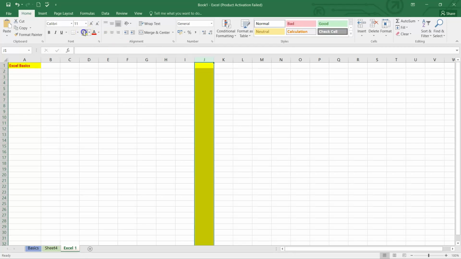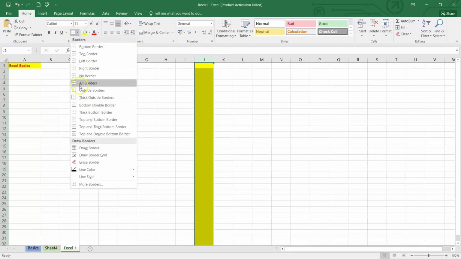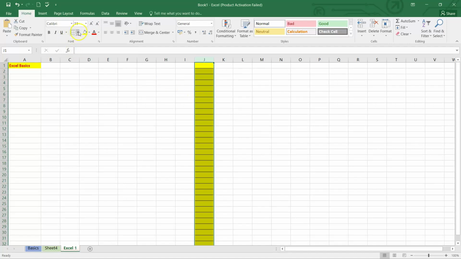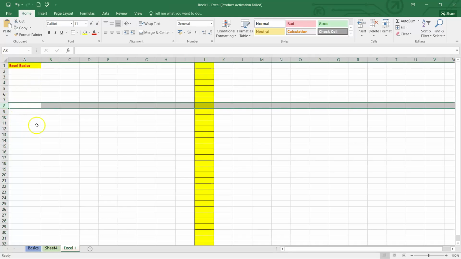So if I want to color code it, I can color the entire column over here. If I want to add some borders to it, I can definitely add the borders just by using the column heading. Similarly, you can do the same thing with the row as well. You just click on any row heading, the entire row gets selected, and then you can put in the color or whatever formatting you want to do. So this way you can select an entire cell, entire row and column.